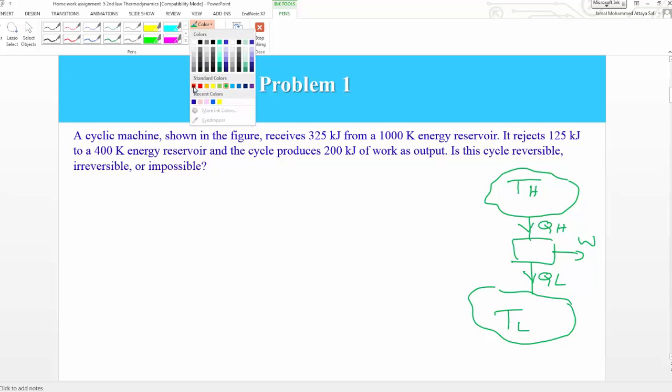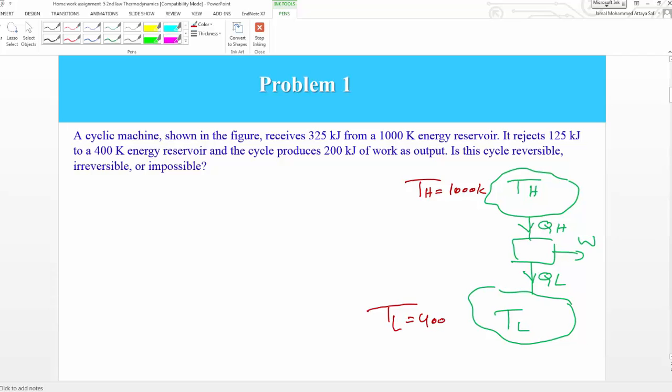for example, it tells me that TH is 1000 Kelvin, and it tells me that also TL is 400 Kelvin, and it also tells me that QH is 325 kilojoule, and it tells me that QL is 125 kilojoule, and then it asks me if this is a reversible heat engine or irreversible or perpetual machine, which